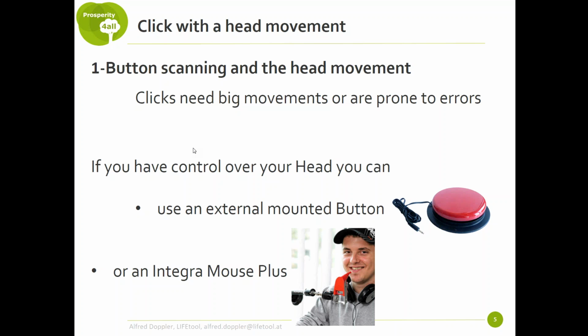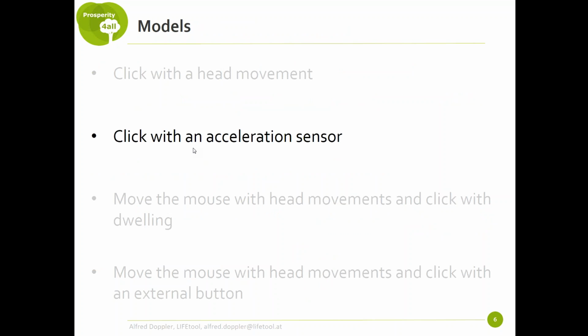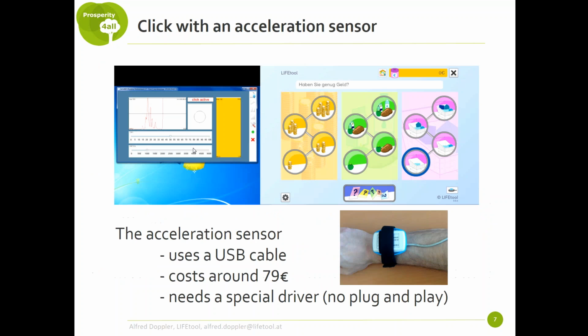So there are other solutions for people who can use and control their head well. The next thing would be we check the model with the acceleration sensor. The acceleration sensor means basically that you have a sensor mounted. For instance, here you have a picture of the acceleration sensor mounted on my arm, and you just raise your